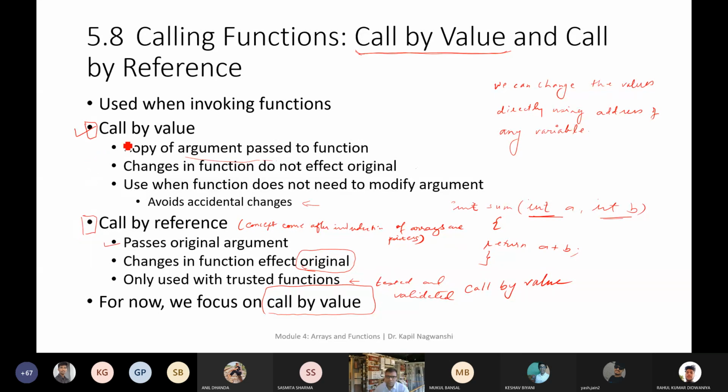But in call by value, if you are passing 5 and 6, then a equals 5 and b equals 6. An exact copy of the values will be there in this function. So this time we will focus on call by value.